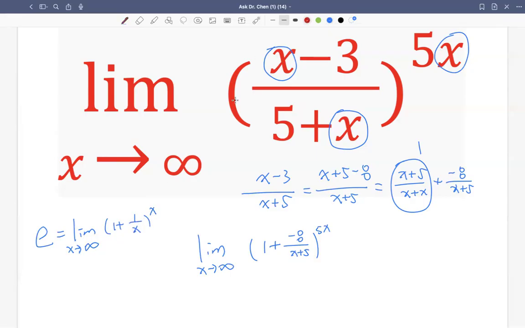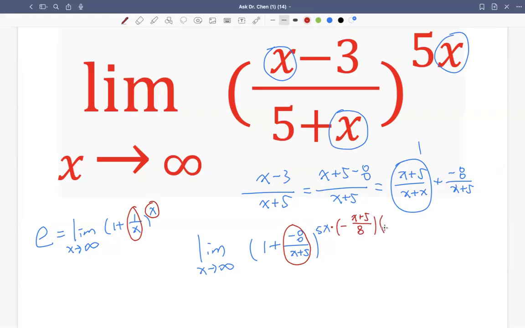So what is the key here? The key is that this term and the exponent are multiplicative inverses. So if here we manufacture a multiplicative inverse of this term, which is negative x plus 5 divided by 8,